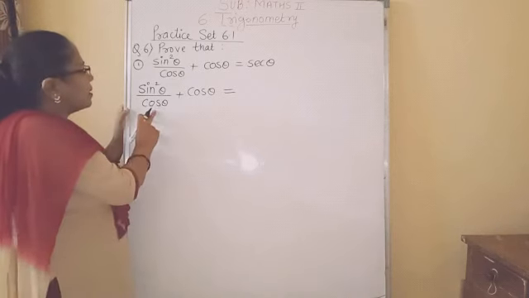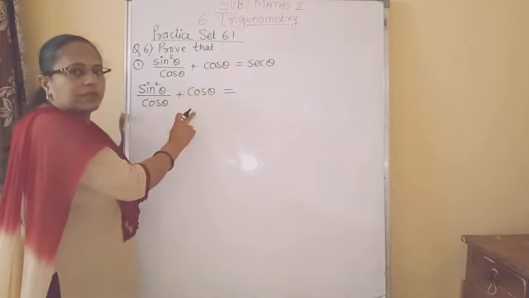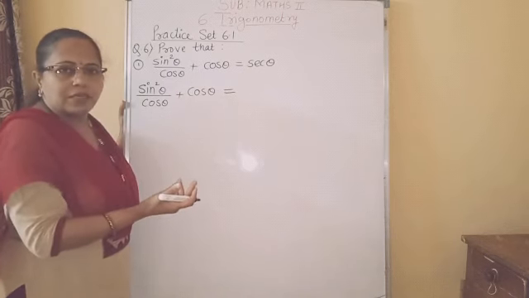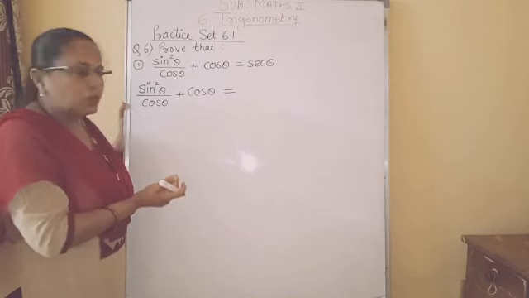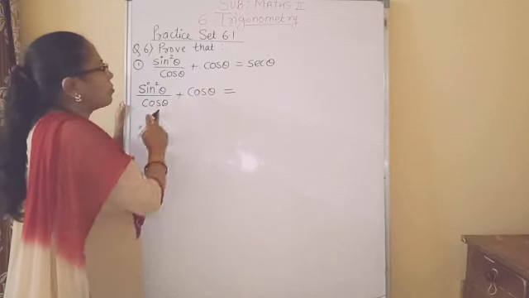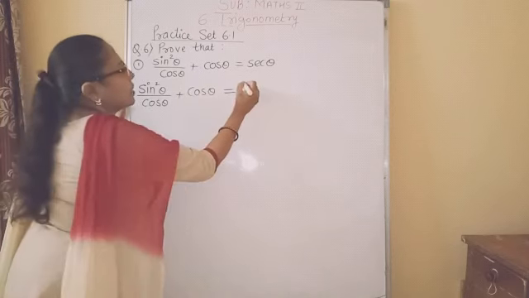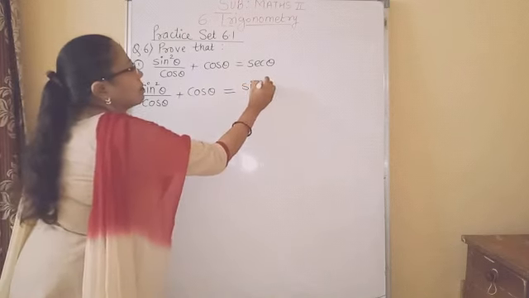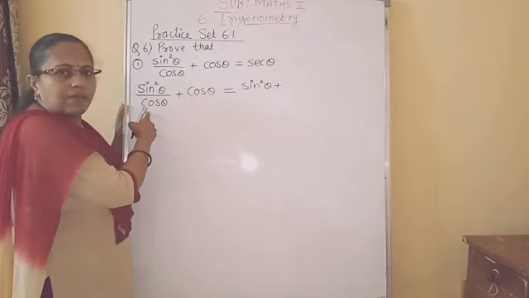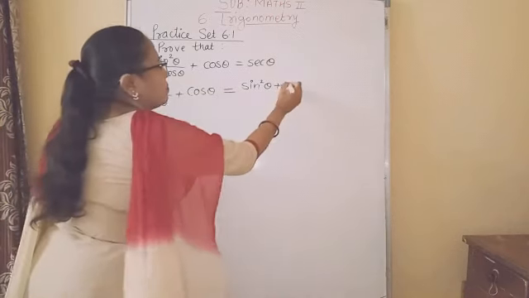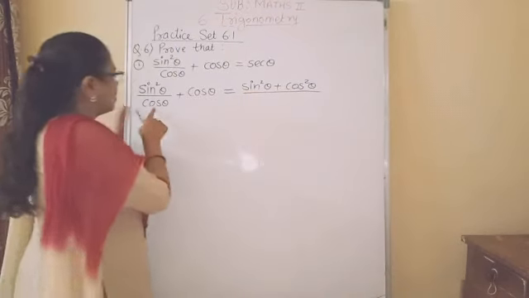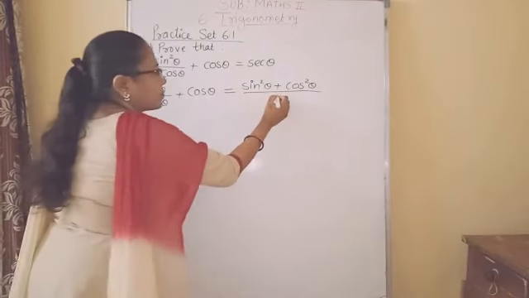Okay. Now here addition of these two ratios is given. So we will use the method how we added rational numbers. That method we will use here. Okay. So here for addition of this fraction we have to do cross multiplication. First sin square theta plus cos theta into cos theta, we will get cos square theta upon cos theta.